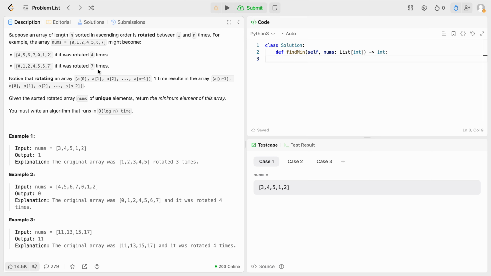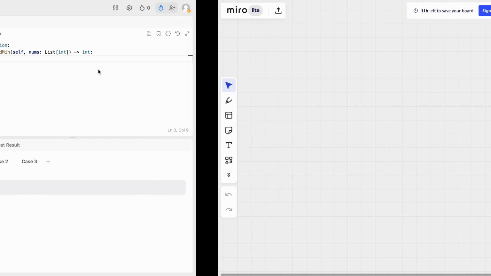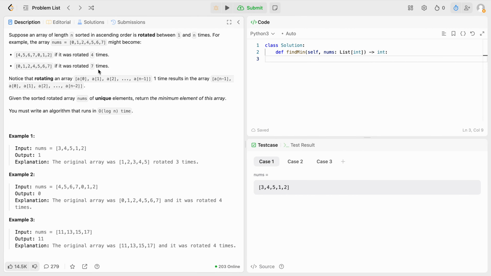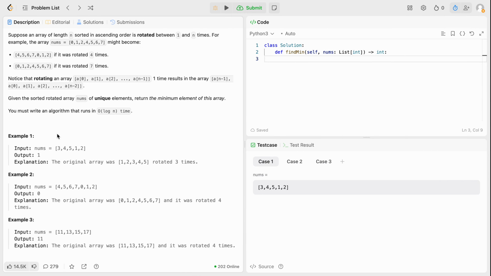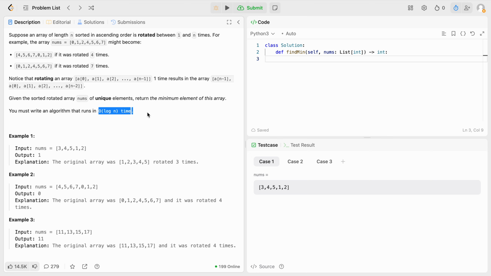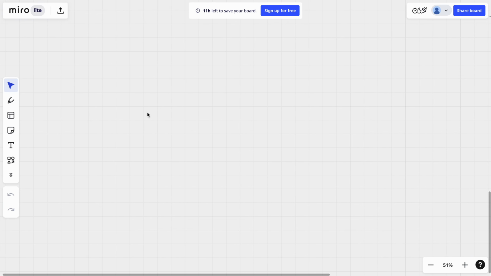Now how can we optimize this? I'm currently in the brainstorming phase. I've thought of pen and paper, brute force. Now the optimal solution, which should be O log n time. I know this is a binary search question, but log n time does imply binary search, kind of trees, something along those lines,